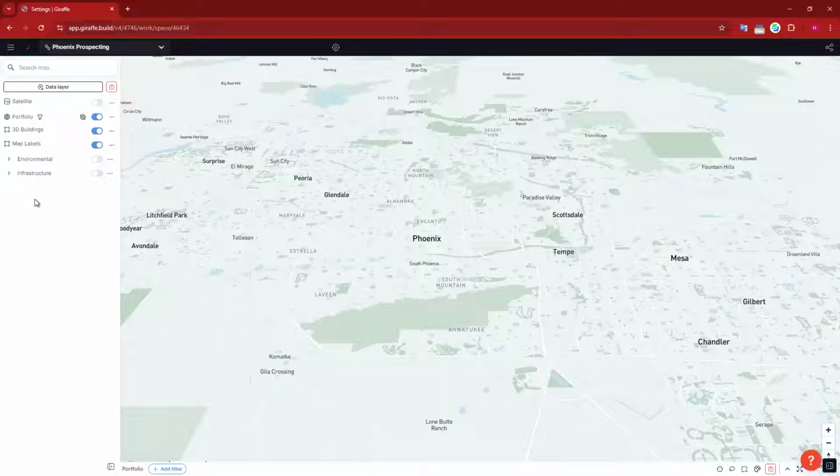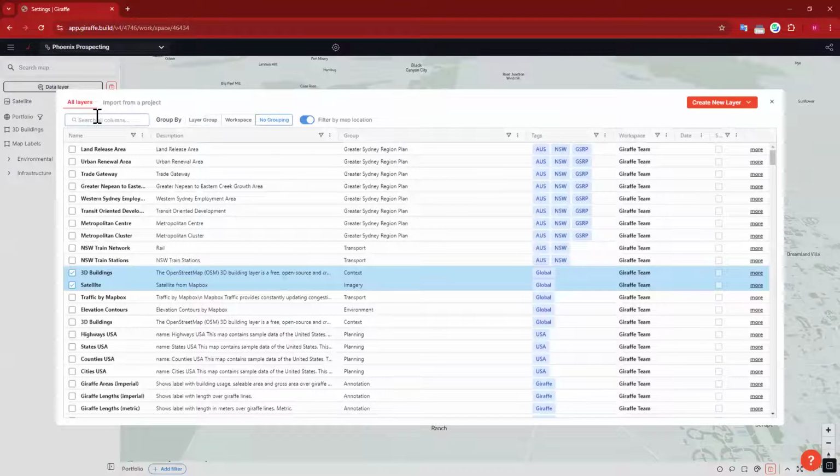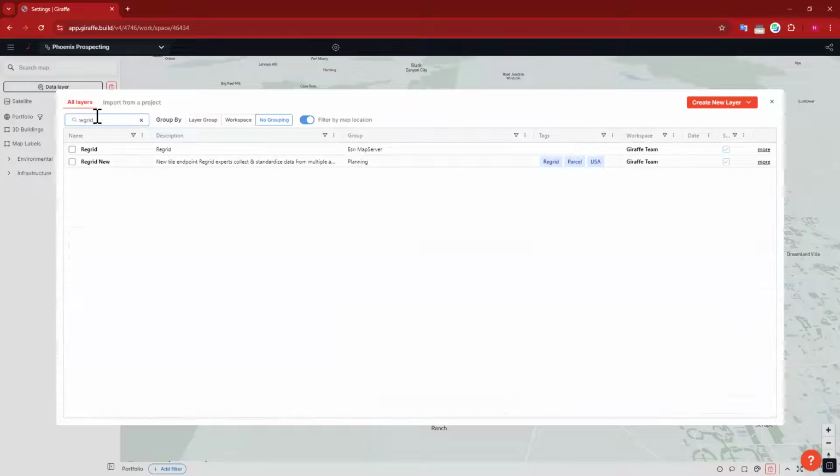The last thing I need is my parcel boundaries, right? So today I'm going to use the Regrid data set, and Regrid is a national parcel aggregator for the United States, and they've also got some data in Canada as well. In the United States, it's almost 100% coverage, and they have